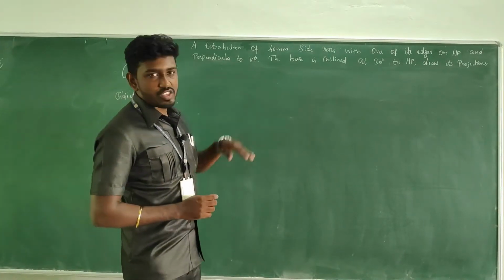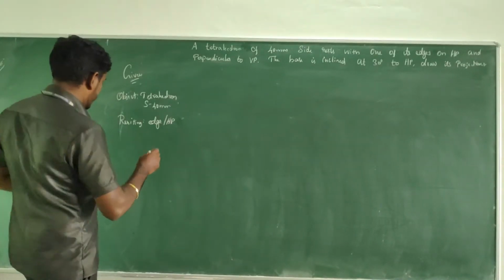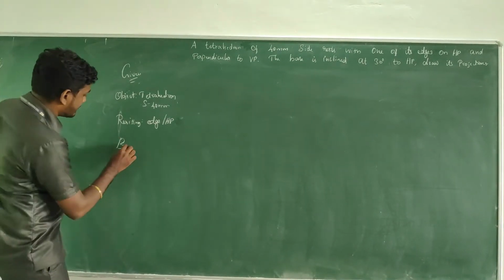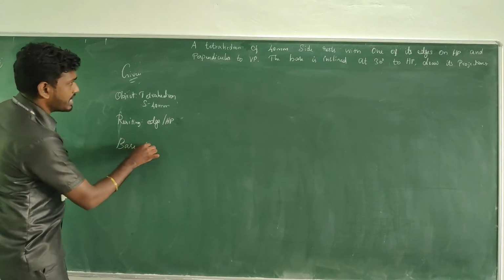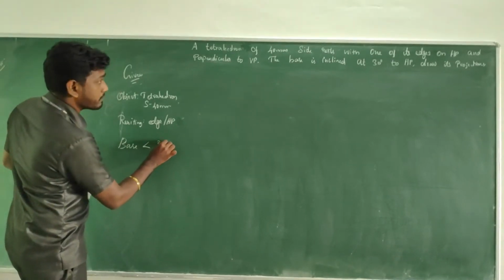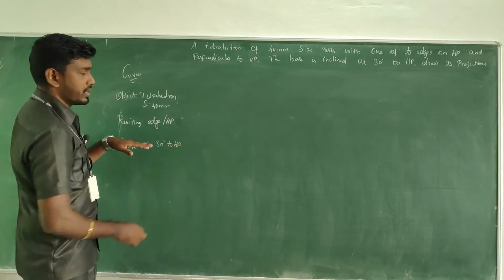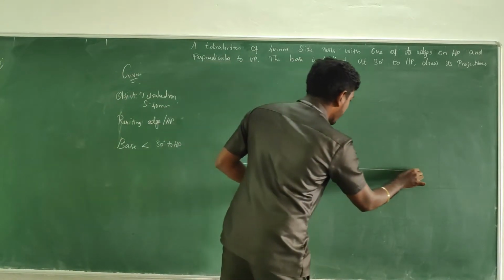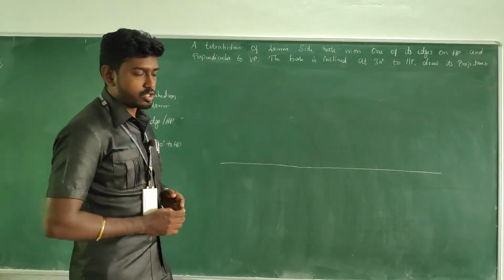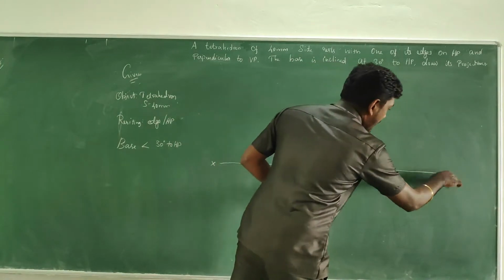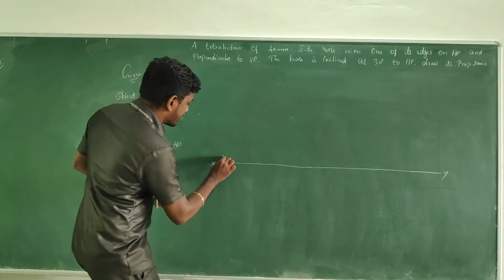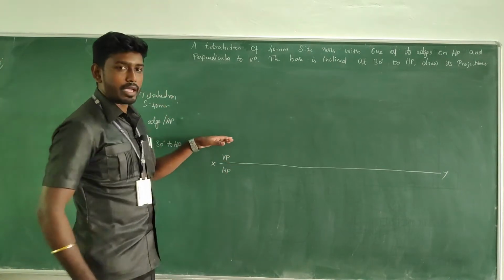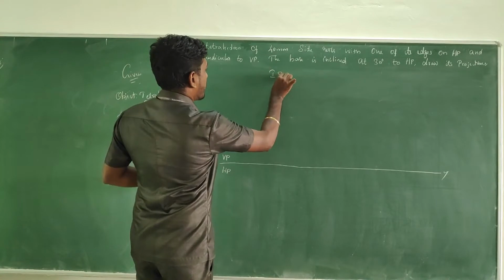Okay, the base is inclined at 30 degrees to HP. Here there is no axis inclination, but instead base inclination is given. The base is inclined 30 degrees to HP. So this is the question. Always in the projection of solids, you must undergo two stages. One is a simple position, and the next one is an axis inclination or special kind of inclination. So the first one is the simple position.